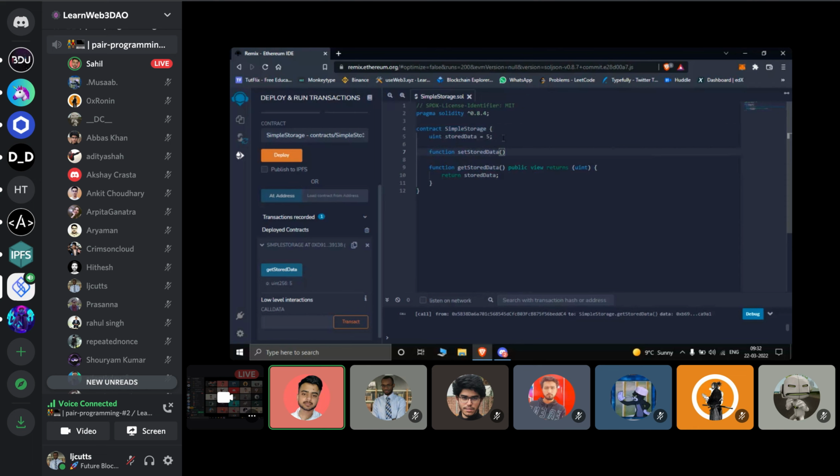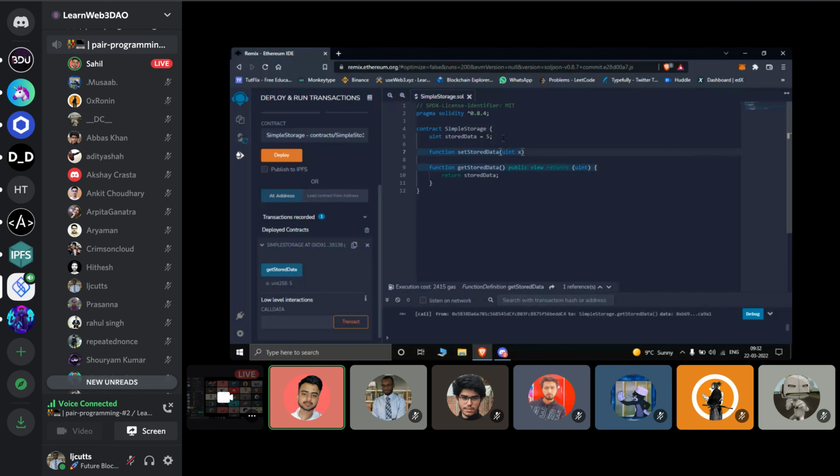And it will take a parameter or argument, you can say. Now, what a parameter or an argument is, it's basically the thing that we will pass this function. We will pass an integer to this function, and we'll say set the value of stored data to this integer, right? So it will take an argument which is also going to be a uint,